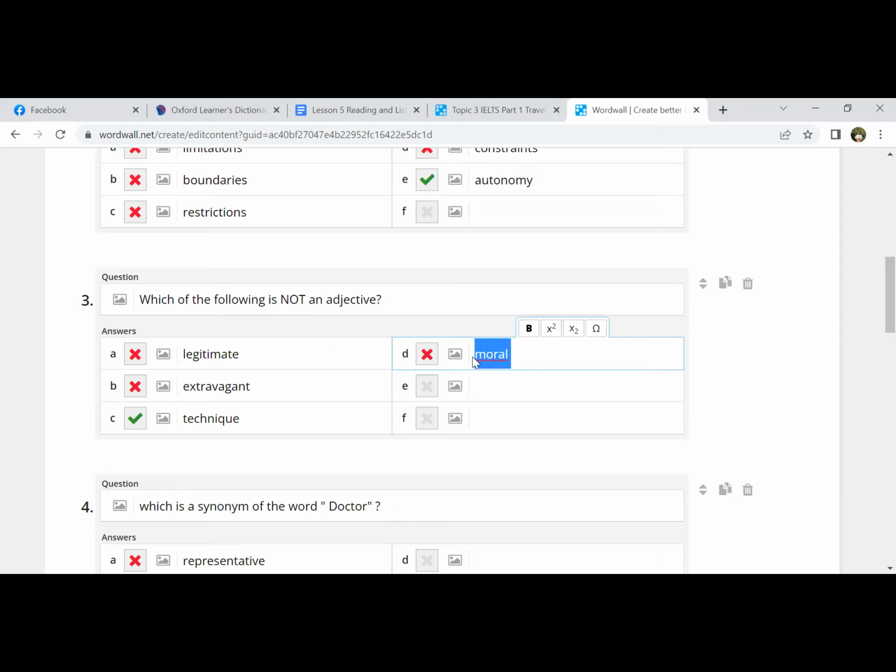And moral. Can you give me a synonym of the word moral? Ethical. Yes, ethical, right? Thank you. So, the word moral here can be both an adjective and a noun, and basically it means the appropriate way to behave